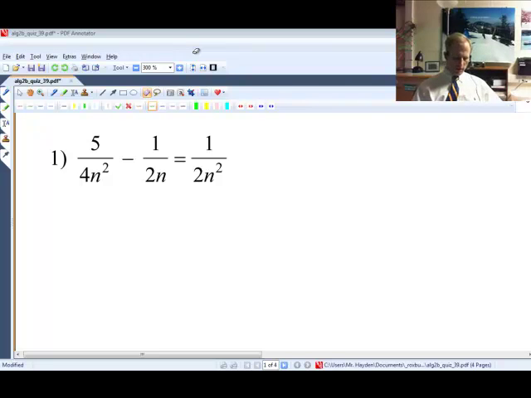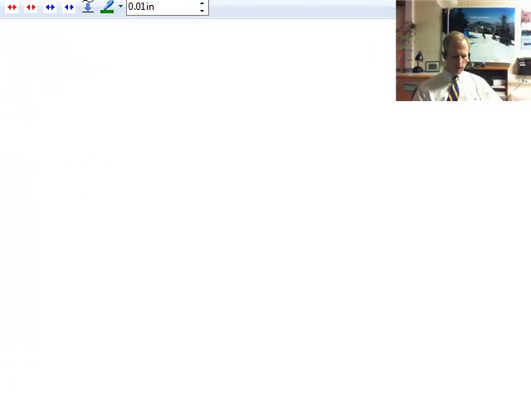Tonight I'm going to solve some of the problems you might see on tomorrow's quiz on solving rational equations. When I solve a rational equation, the first thing I need to do is factor all of the denominators. I never factor the numerator, only the denominators. So in this equation here, the factoring is already finished, so I'm just looking for the least